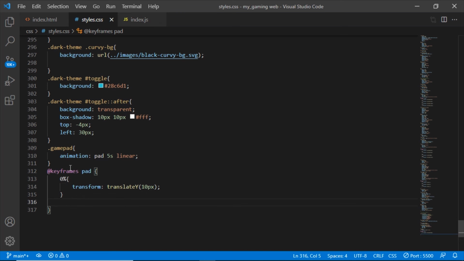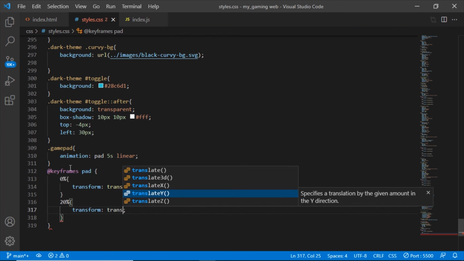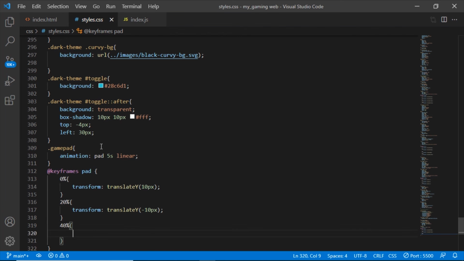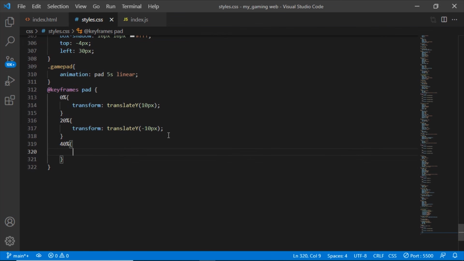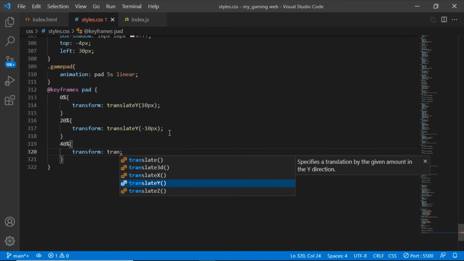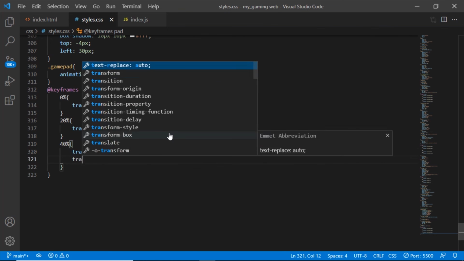And at 20%, we want to also transform and translate y as well minus 10 pixel. At 40%, let me scroll down a little. We want to transform, translate y should be 10 pixel,